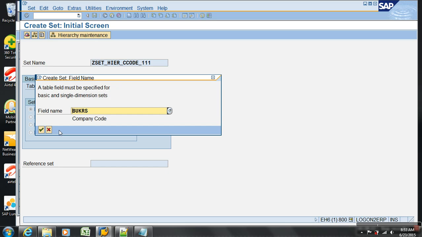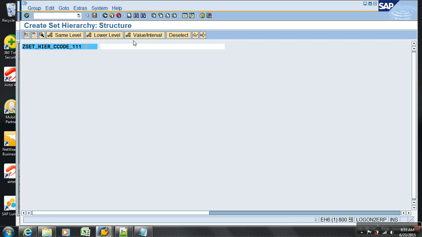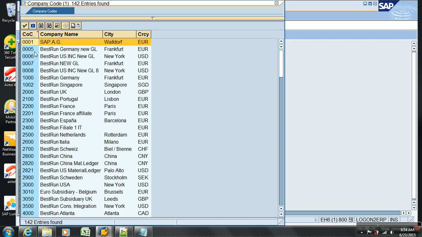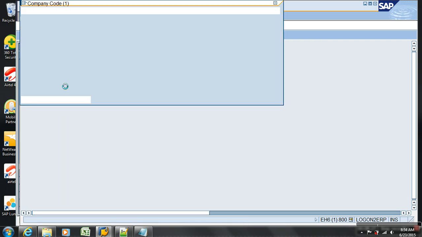Click on hierarchy maintenance. Okay, under group 1 I want some company codes. So then click on the value button, and it shows me all the company codes. Just select one and then